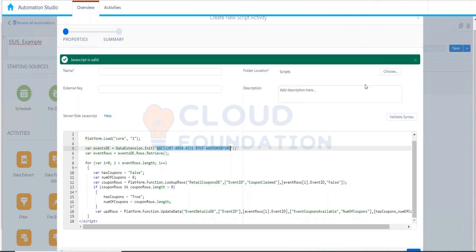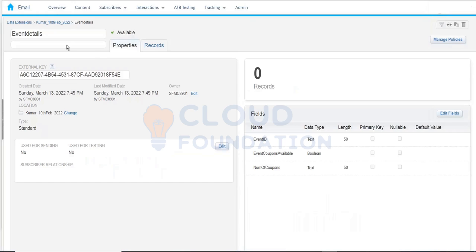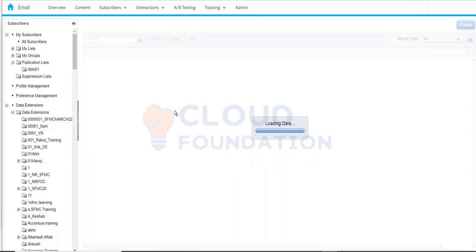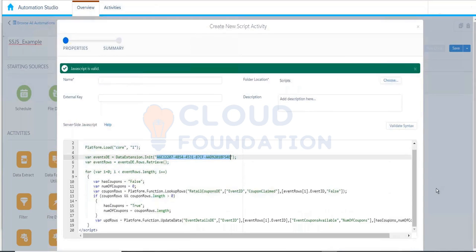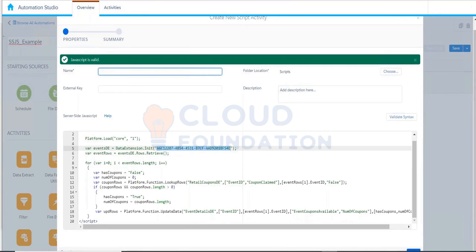And now what I basically need to have is a record in two of these data extensions. In this data extension, I will have all the event IDs. Let's say I have a subscriber ID here, like the subscriber key for all the customers, and I have a subscriber key also in this data extension. Now it will check if any of the customers does have coupons available or not. When I save this script and then run it,